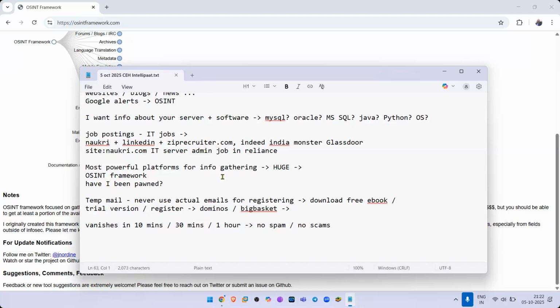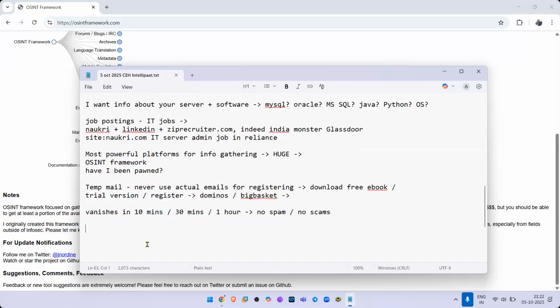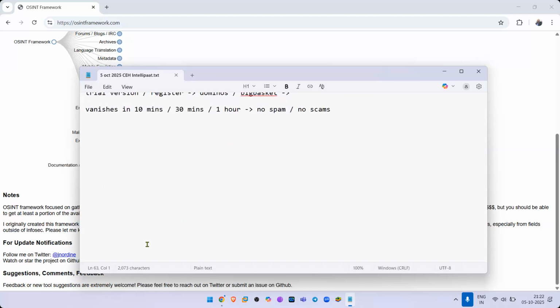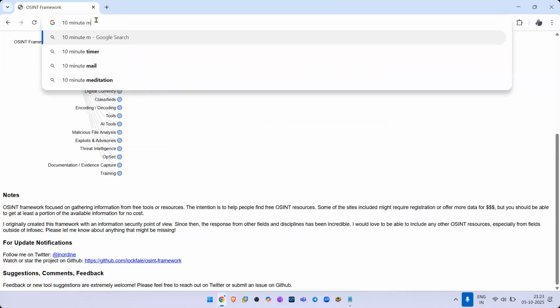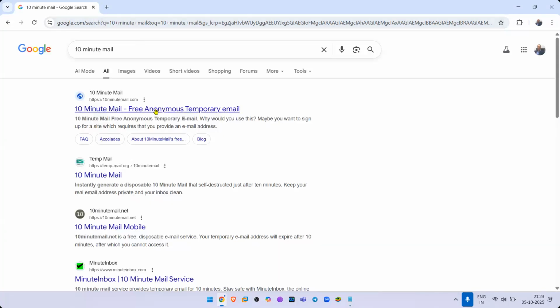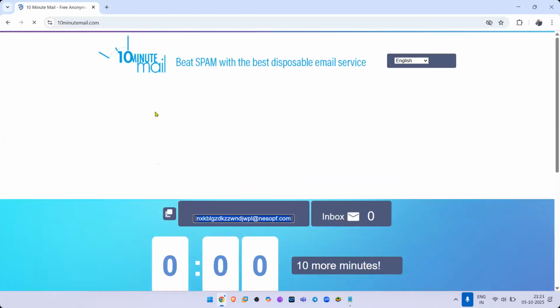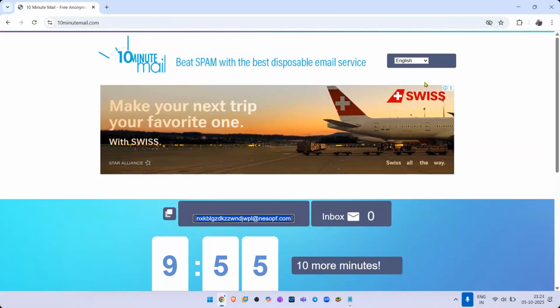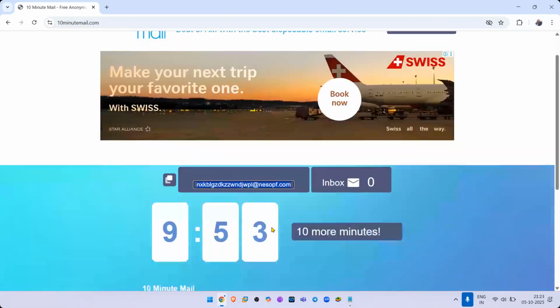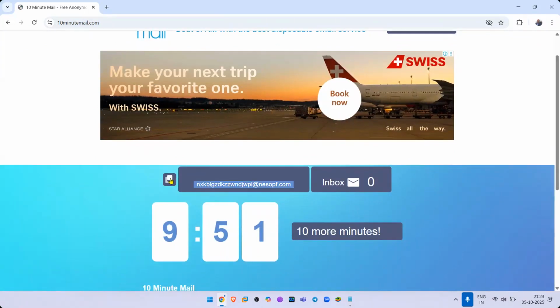So let us see if we can create our own temp mail. Just go to Google and search for 10-minute mail. This is one such example. Just select this email.